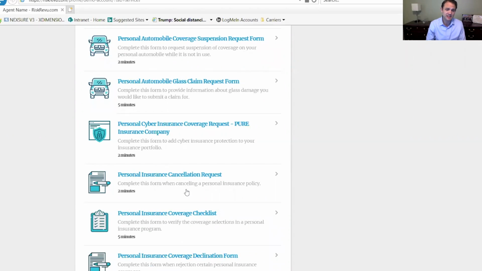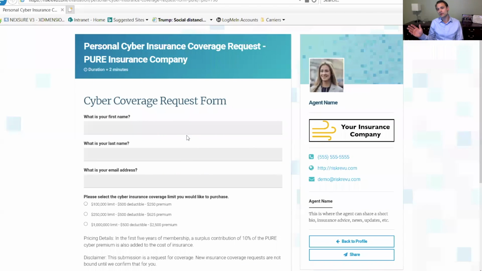One of our customers asked us to build a Pure Insurance personal cyber insurance coverage request form, because they wanted to do a blast to all their Pure customers who don't have personal cyber coverage and get them to sign up if they wanted to. So they developed an email campaign. They uploaded the list of all those clients that don't have Pure cyber to their email marketing software. They created a template